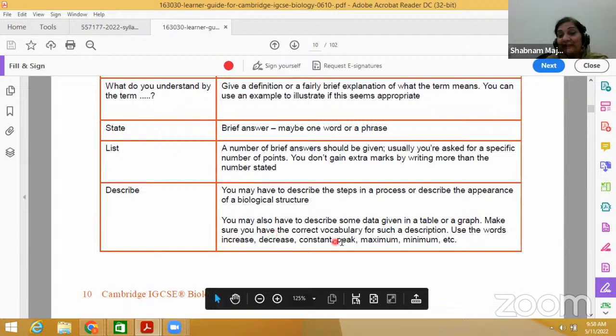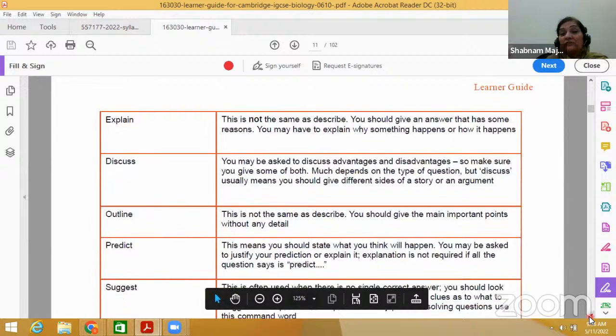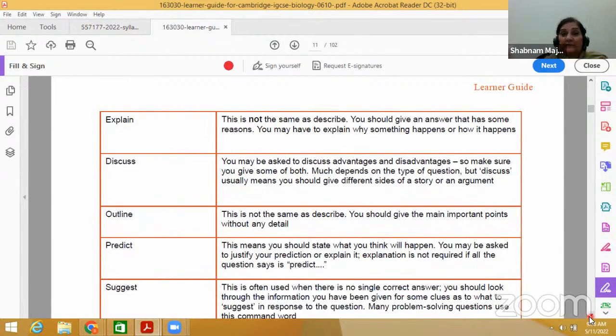Make sure you have correct vocabulary for such description. Use the words increase, decrease, constant, peak, maximum, minimum. When there are graphs, very important. You need to use the words increase, decrease, level off, become constant, whatever. So you need to know very good important words,